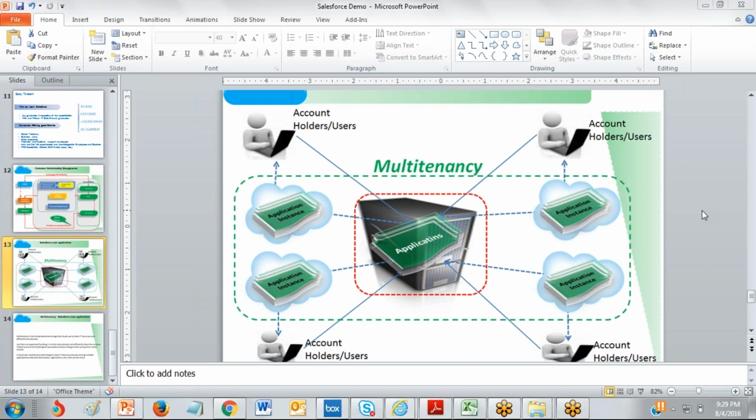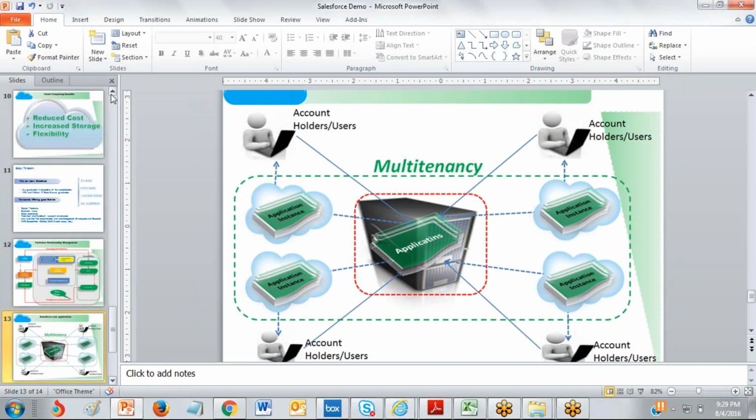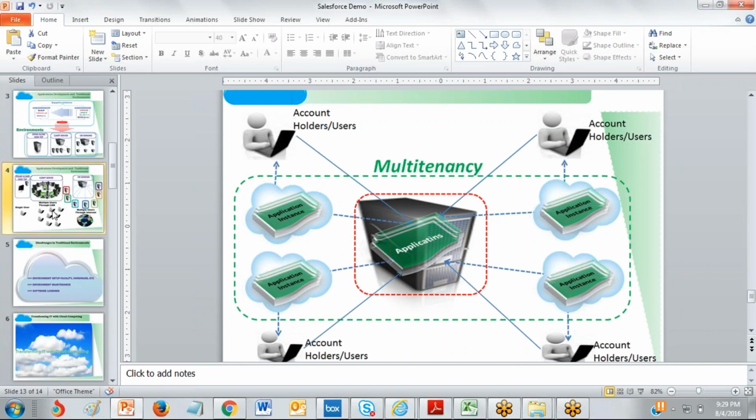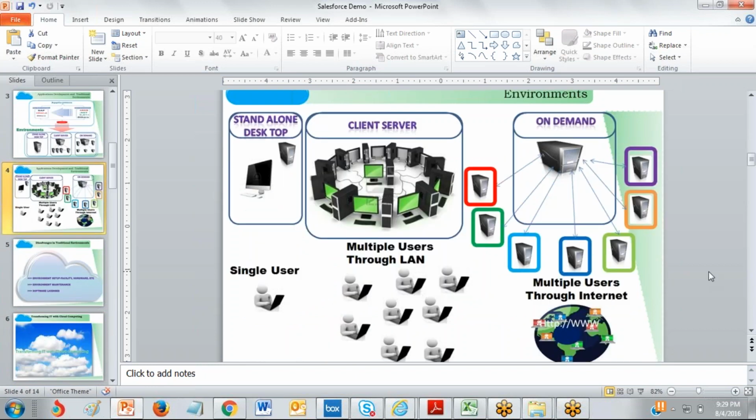Okay, so what is cloud computing? Before that, suppose I implement one application using Java. That application is on my laptop, so only I can access it, right?